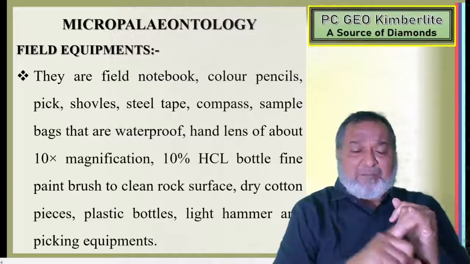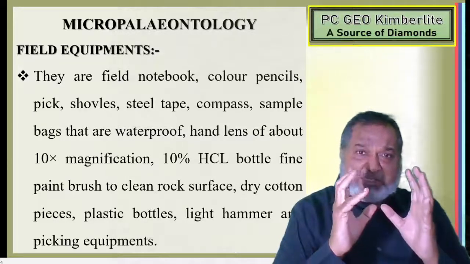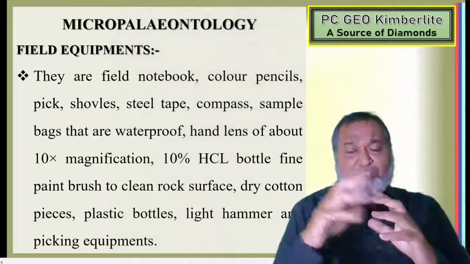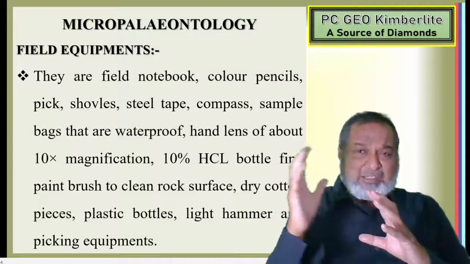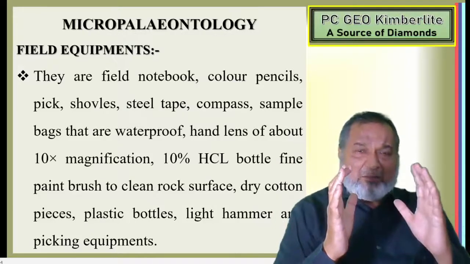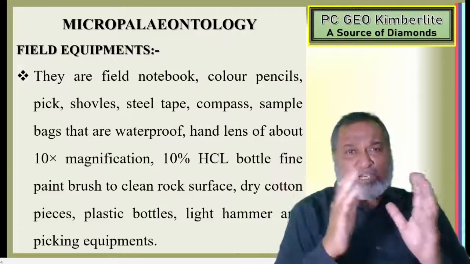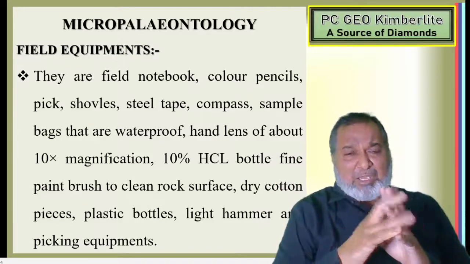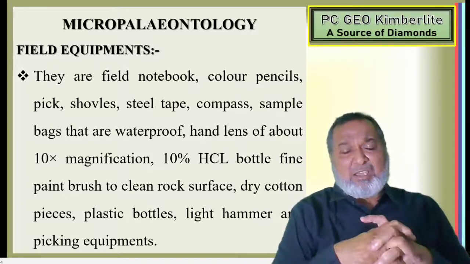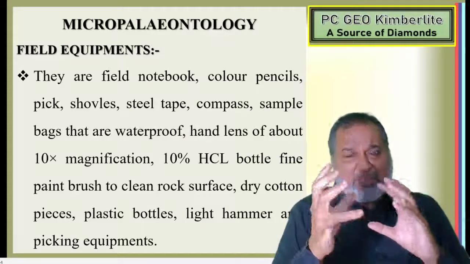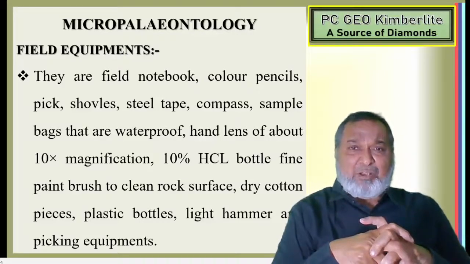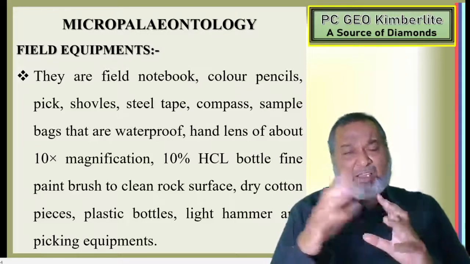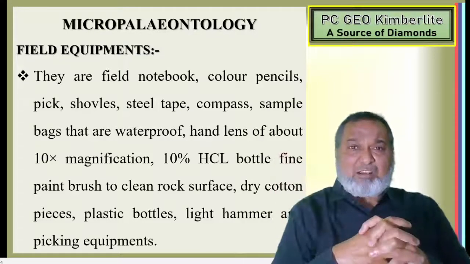In addition to this, we have to choose a better season for the field work. It should not be the monsoon, and it should not be a very hot climate like the summer. So in between, when the winter is going to end and the summer is going to start, probably December and the first week of January, we will prefer this month for sampling the field work, and early in the morning will be the best. So we can finish it as early as possible, by 3 or 4 o'clock, and complete this work.